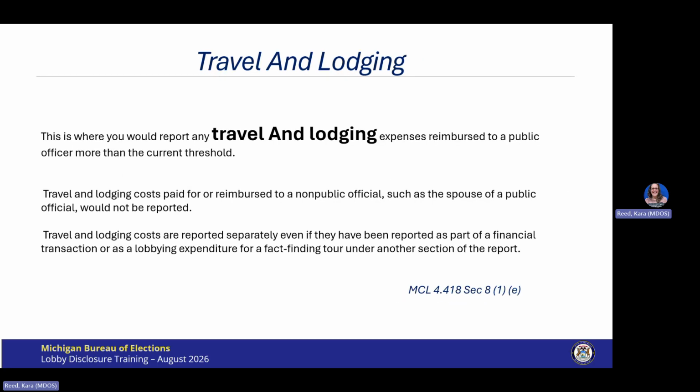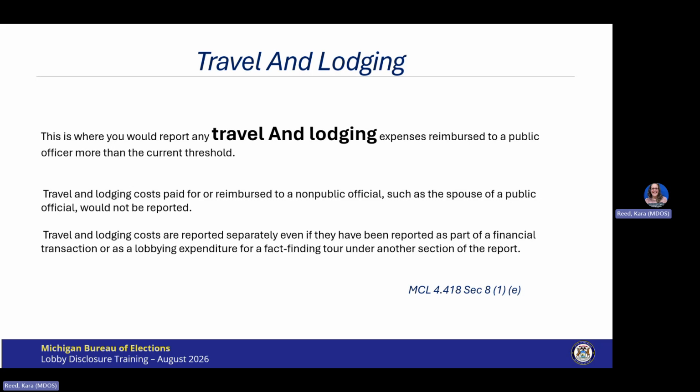Now, the second itemized expenditure category is travel and lodging for public officials. The 2026 threshold amount for this category is an expenditure in excess of $1,050. It is important to make sure the payment or reimbursement does not constitute a prohibited gift.